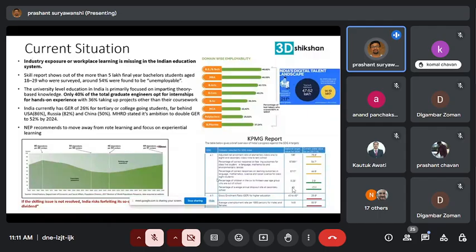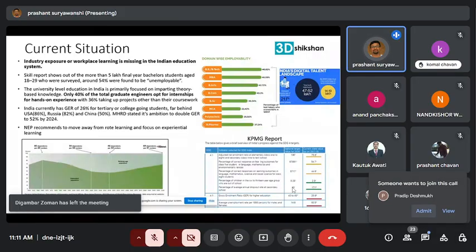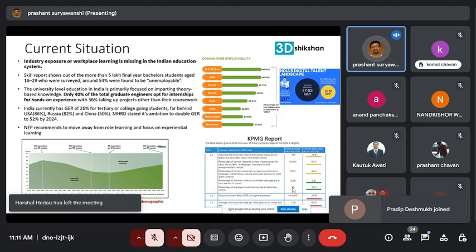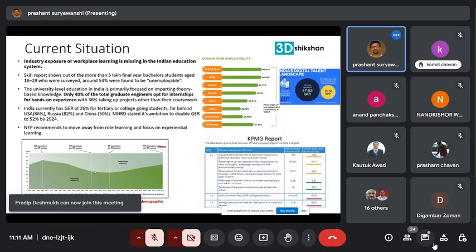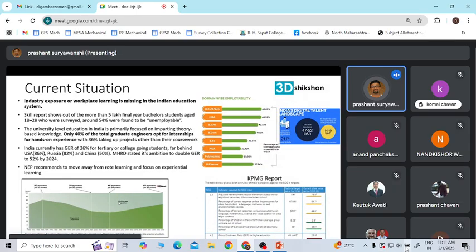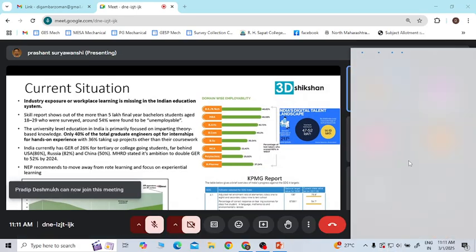So hands-on learning is a key area. Why is this important? Because India has what is called a demographic dividend. If you see this curve, from 2020 to 2040 we have an upward slope. What it means is that this is the working age population and this is the dependent population, right?